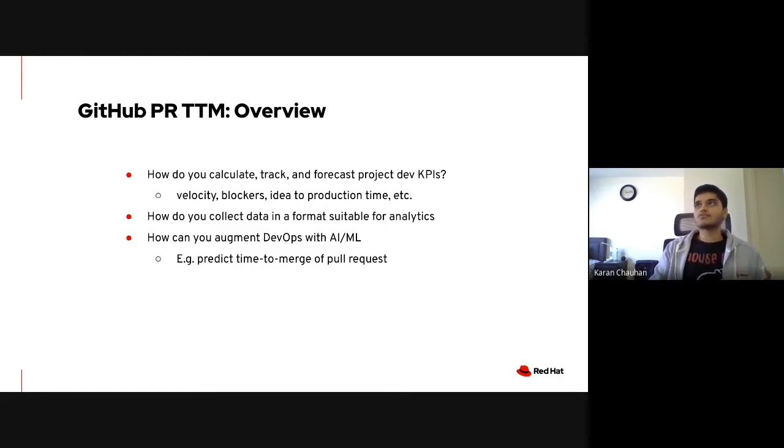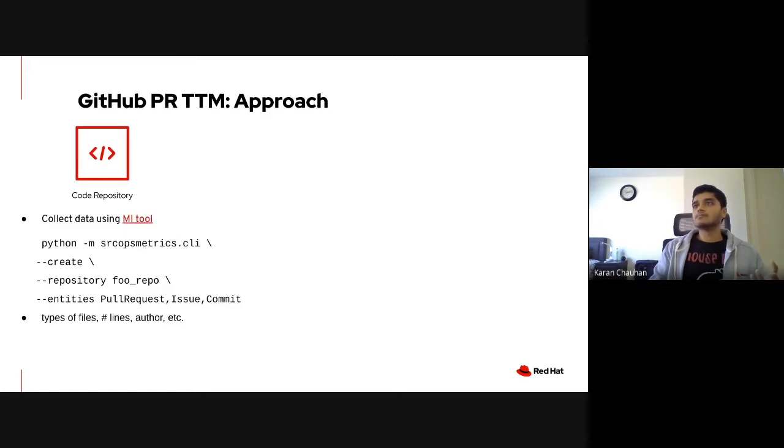The approach we took was, first of all, for the data collection, we use a Python library called the MI library, which is also developed by the Thoth team. It's basically as simple as running one line of Python code. The output is a whole kitchen sink of data about your entire GitHub repository or PRs, for example, the types of files changed in each PR, the number of lines, the number of commits, the author, and all of that good stuff. So once we have this basic data,